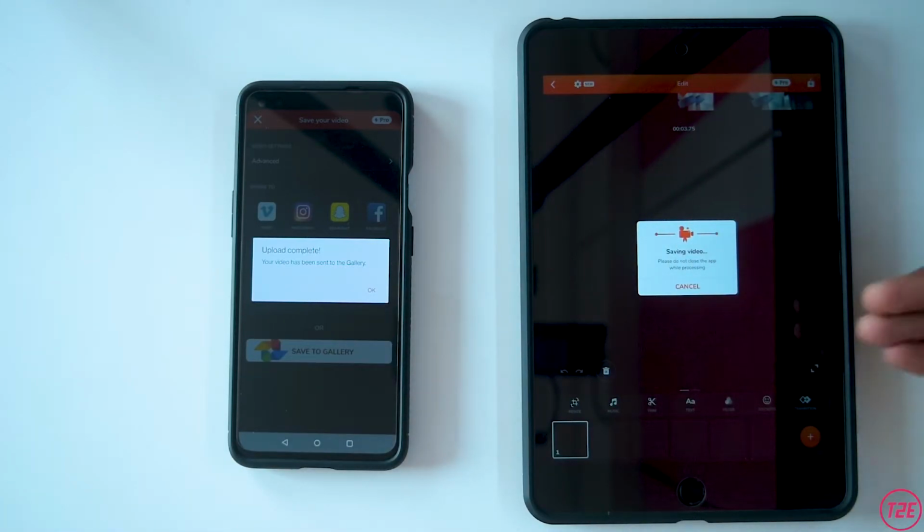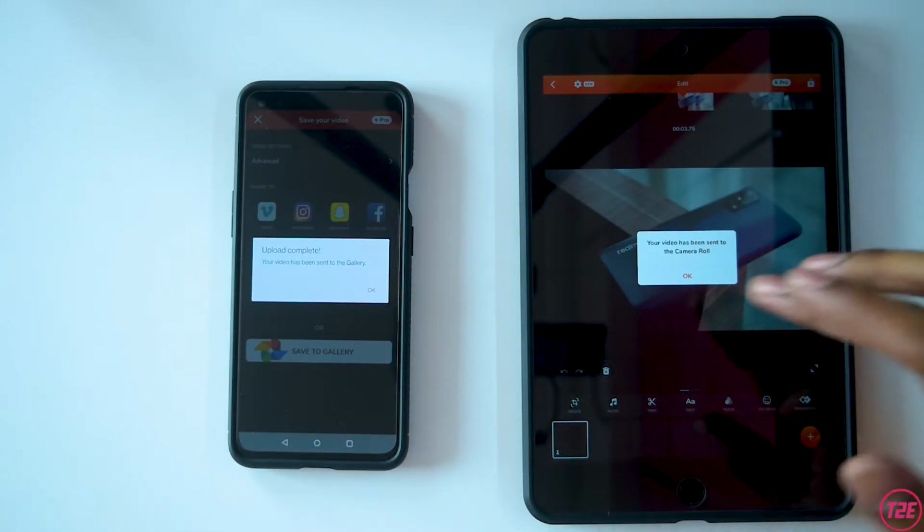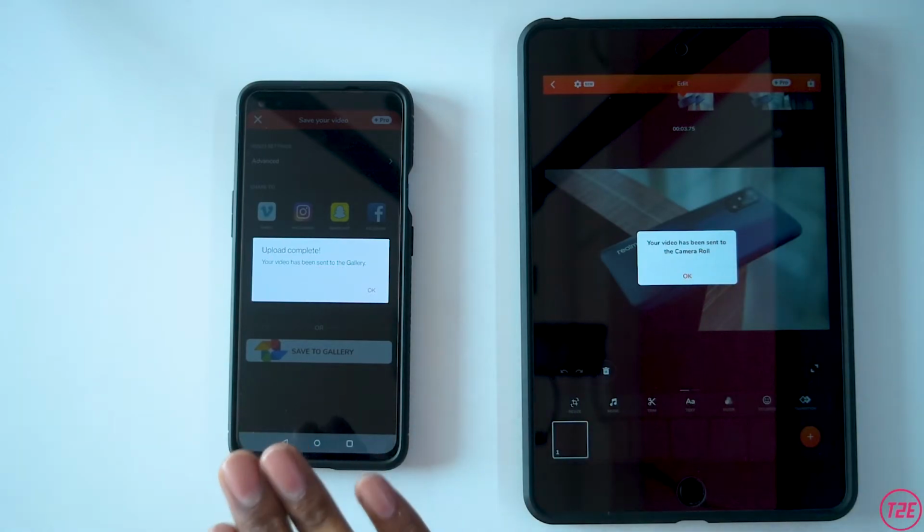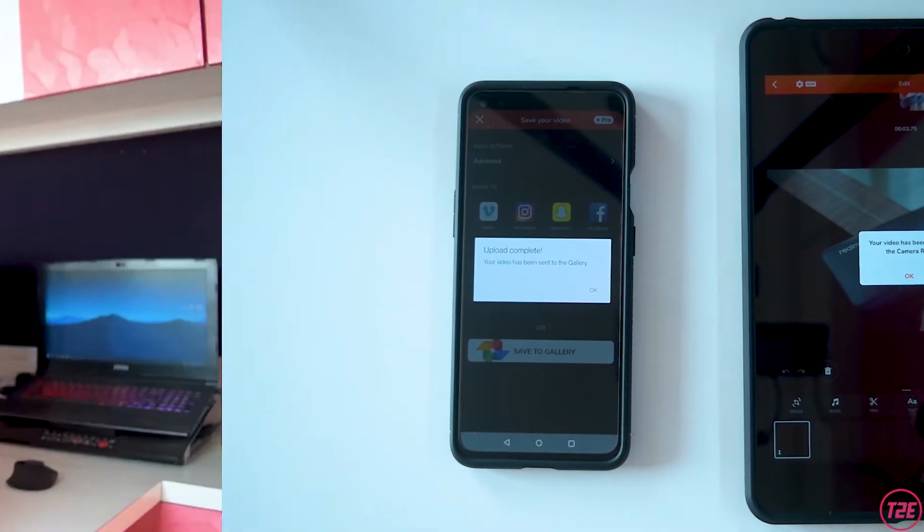And this is a 2018 device, the A12 Bionic. Okay, now the iPad has completed. So the OnePlus Nord completed it first, and then the iPad completed. So guys, as you saw the whole speed test comparison video, both the iPad mini 5 here and the OnePlus Nord, both were really close. Both were neck and neck, as I had expected, because both of these devices are really good.